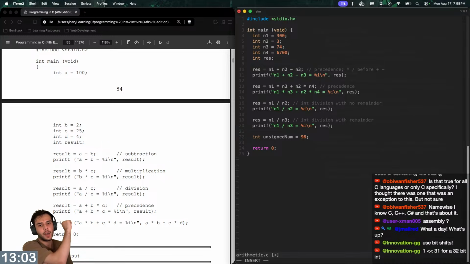Use bit shifts. Oh, okay. So that would be a left shift 31. So that would give you what? That would give you the max number, though, wouldn't it? Okay, so you could do one. We haven't technically gotten to that yet. So that would be